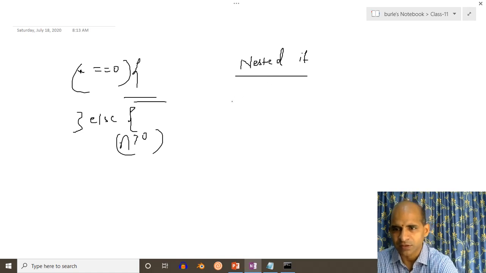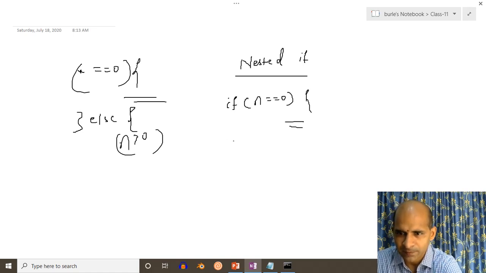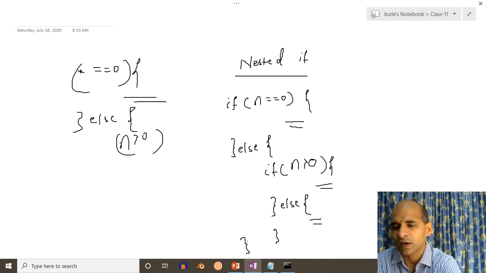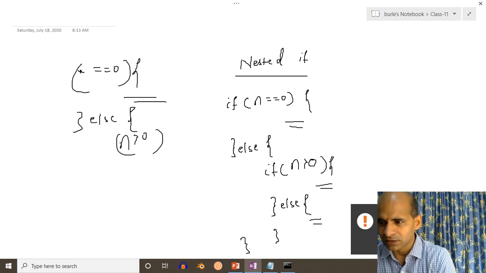Right? What is the meaning of this one? Actually, I want to write like this: if n is equal to 0, then we will provide a statement. Else, we will check if n is greater than 0, then we say that it is positive. If not, obviously it is less than 0, so then we will say that it is negative. So this process of applying if else within another if or else part is known as nested if. So let me solve the answer by using the same format,